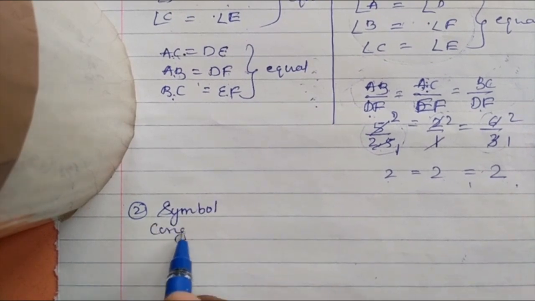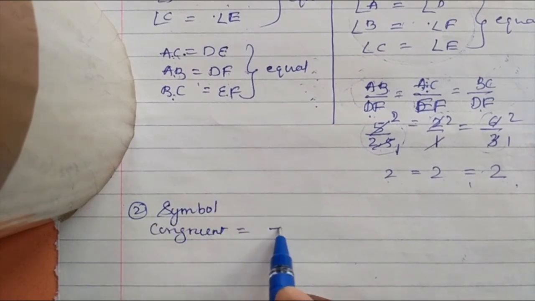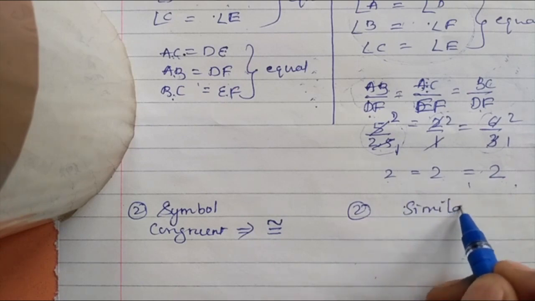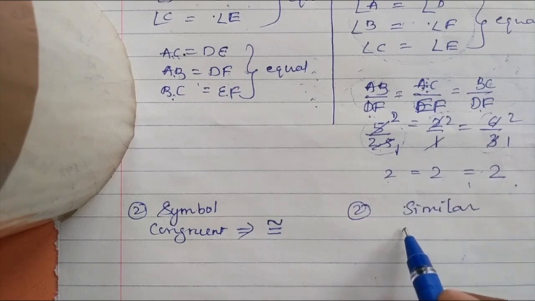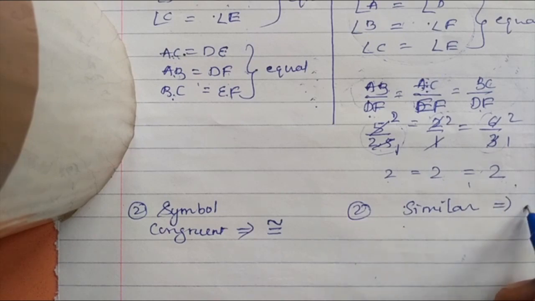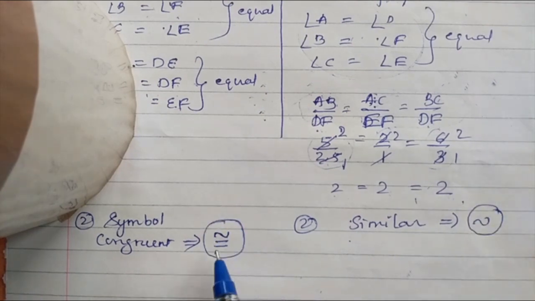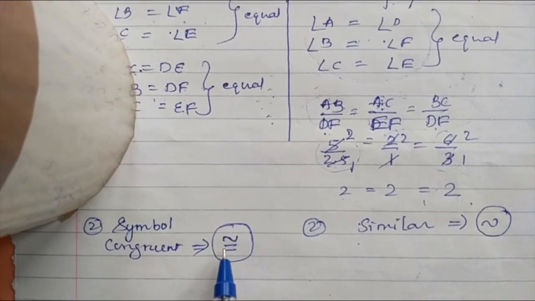So congruent symbol is equal as well as similar. So here the second difference, similarity. So similar triangle symbol is thus. So in congruent we are using this symbol mainly. So in similar triangle we are using this. So in symbol also it shows that, look at, this equal meaning shows that corresponding sides are equal. This sine wave shows that corresponding angles are equal.